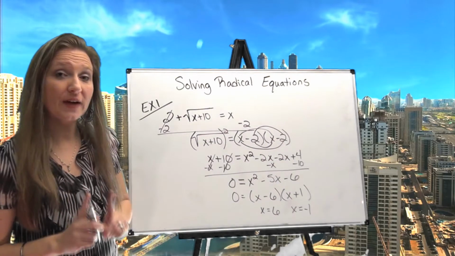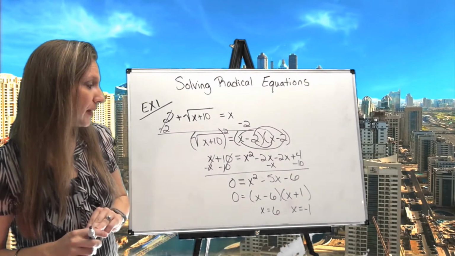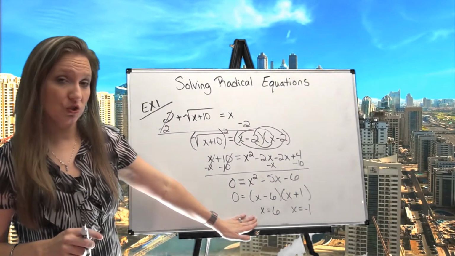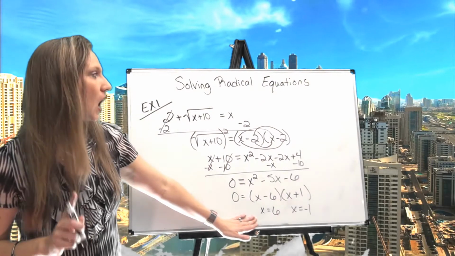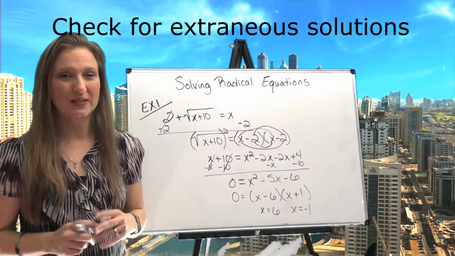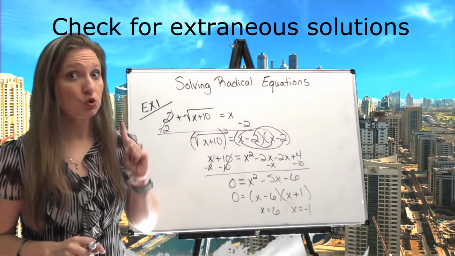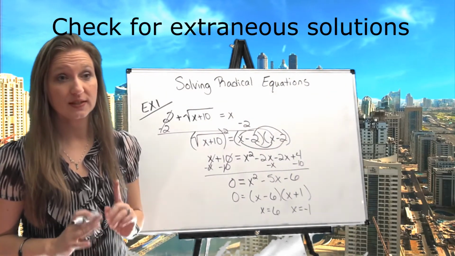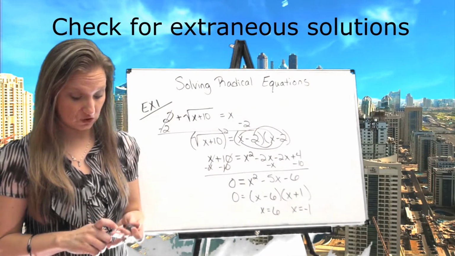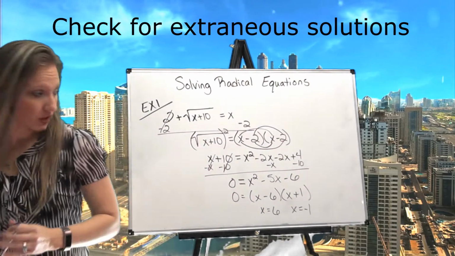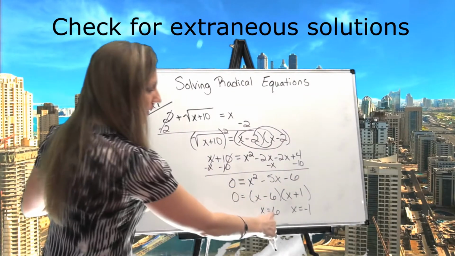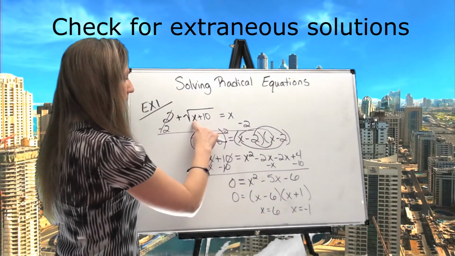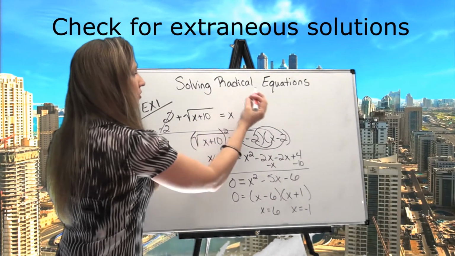All right, we have one final step. This will be our third step, is we need to check our solutions to make sure they work. A lot of times when we have radicals, we tend to have extraneous solutions. So don't skip the check part because it will mess you up. You will get wrong answers. So in order to check, all you do is you plug in your solutions back in for x. So for the first check,